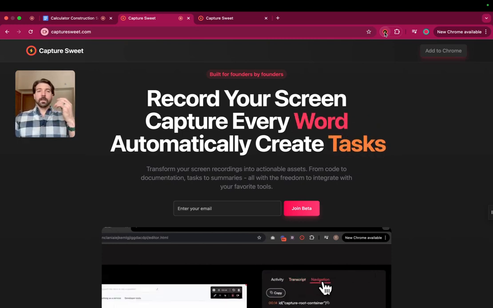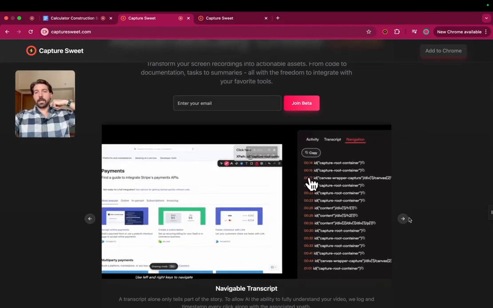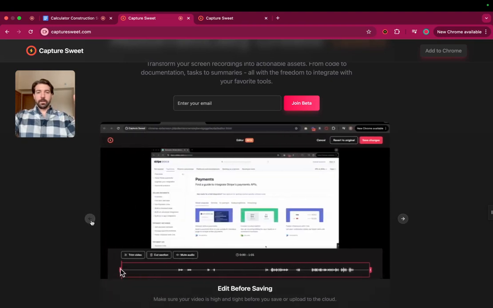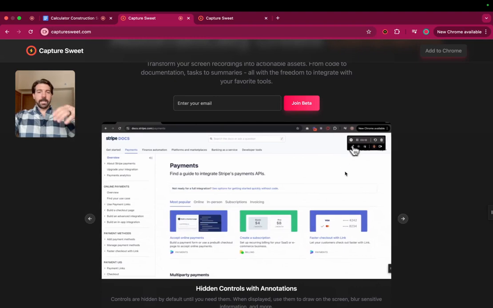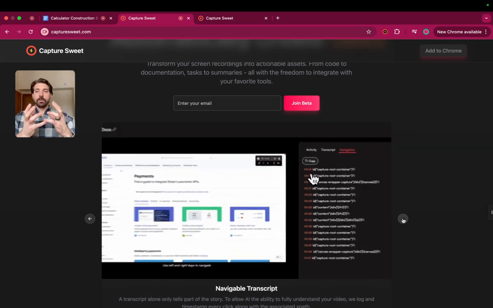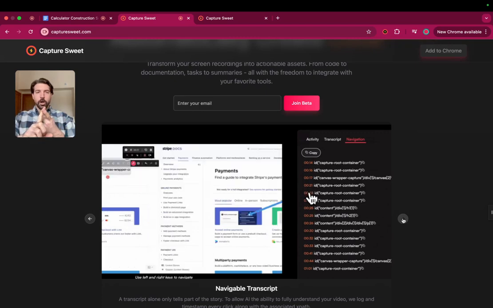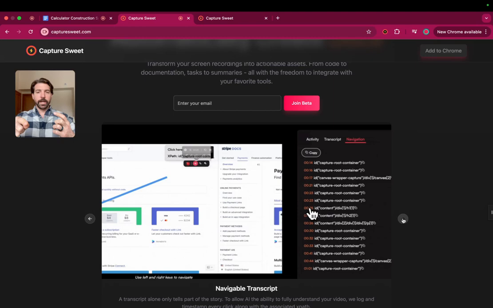So let me first show you what Capture Suite does. Not only does it allow you to annotate, like I uploaded a photo, overlaid it, I highlighted stuff, I can draw. But what I think is really important is that once you have this data, there's so much rich information and metadata in that video where I'm talking, I am clicking on things, I am pointing to things.